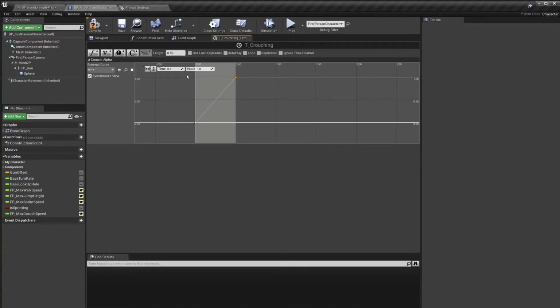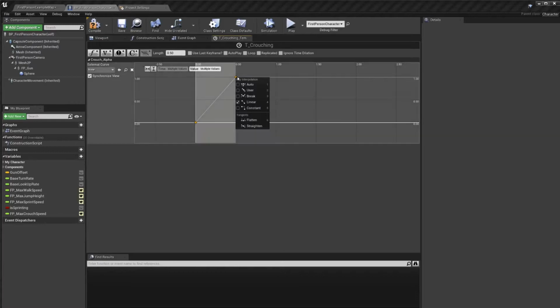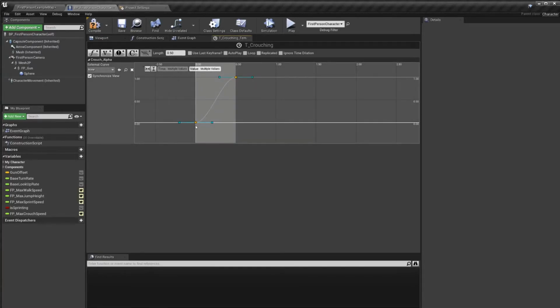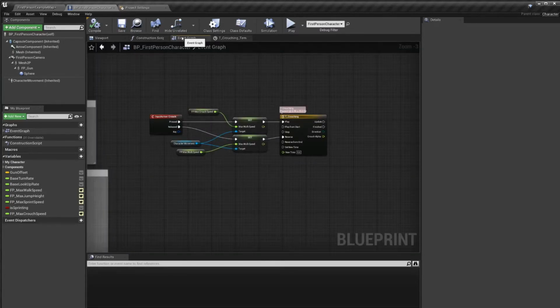We can smooth this out a little bit. Just select both points, right mouse button, and then change the key interpolation to user. This will make it a bit smoother. This is usually always the better option. It feels better, looks better. Compile, save. Now when we go back to the event graph, you'll see that a new output has appeared, our